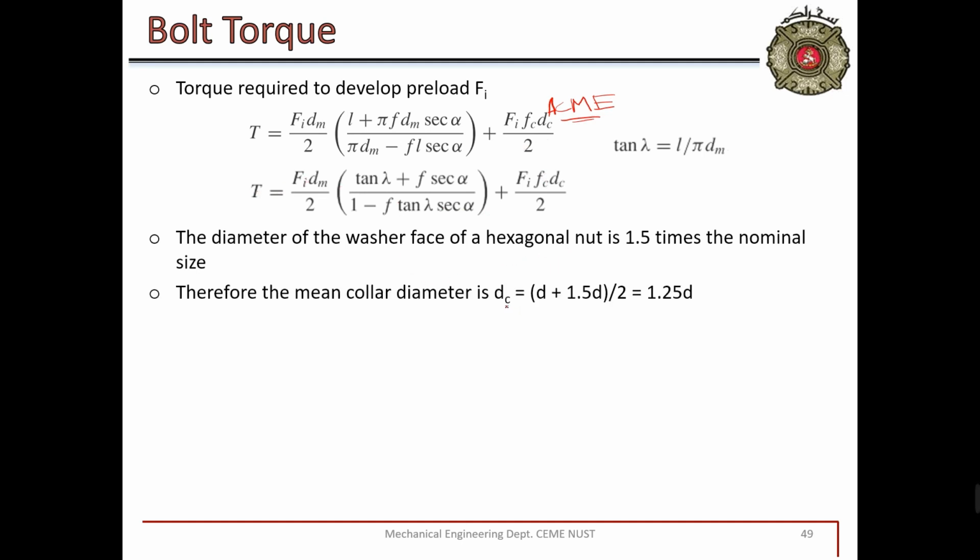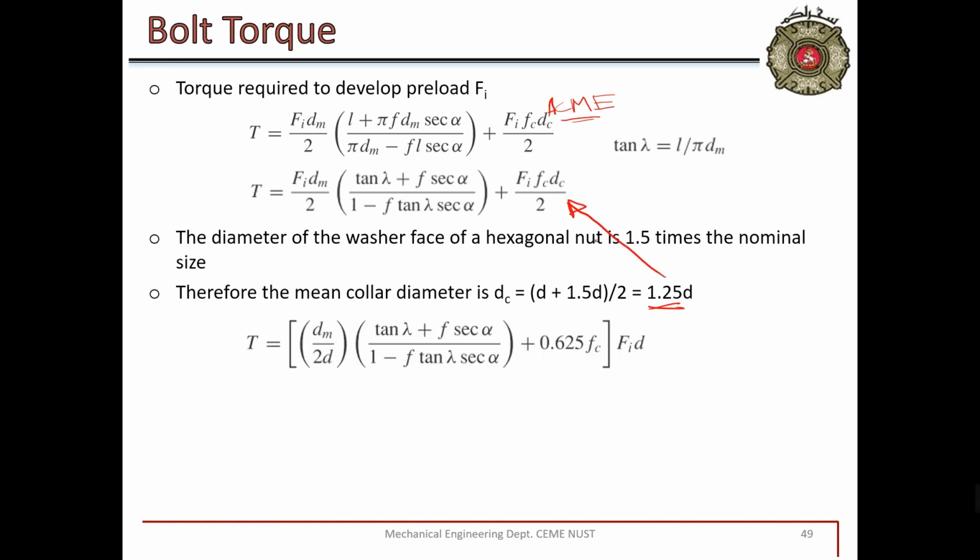For simplicity, we know that the washer or collar has a diameter of 1.5d. So the collar diameter, which is the equivalent diameter, the average of the outer and inner diameter of the collar, will be equal to 1.25d. Just substitute this value here, and the final equation will be